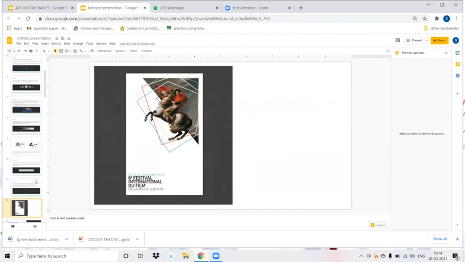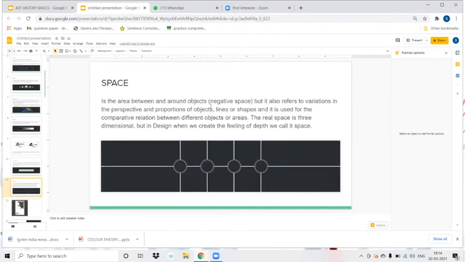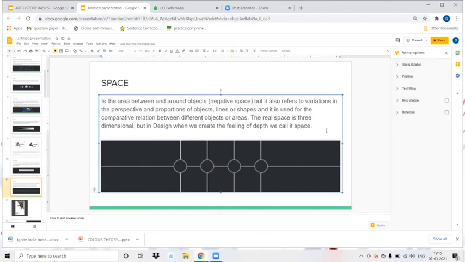Next thing that we have in the elements of design is space. Space is how you define where the objects are going to end up in your composition, how you're going to place them in relation to each other. So while you're using this particular element, you need to keep in mind different principles of design like unity, harmony, so that the composition doesn't come out jarring, or you do not have extra space remaining, like the white space that we call the negative space. So a lot of negative space in a composition distracts you from the emphasis of the object and the topic of the